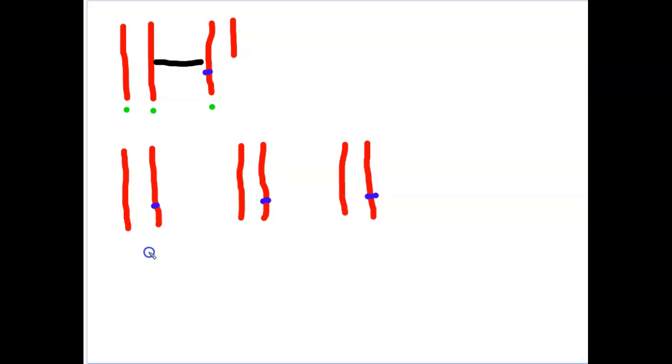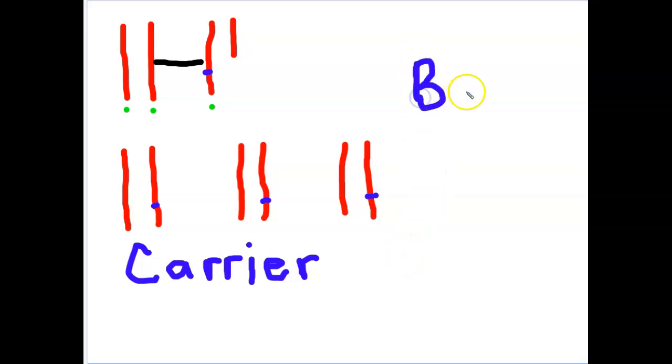So that means that each one of them is a carrier of the trait for color blindness. It does not automatically mean that their children are going to have color blindness, but there is a higher probability that the boys that they have could potentially have color blindness